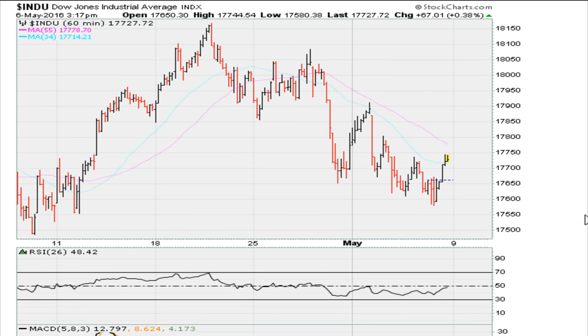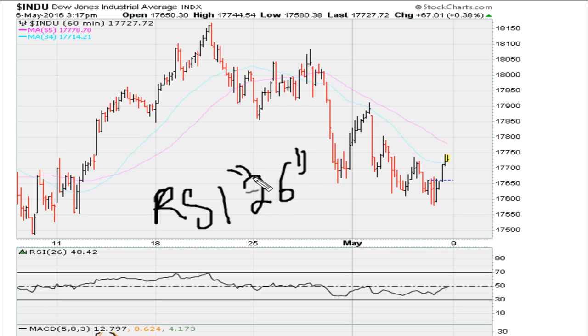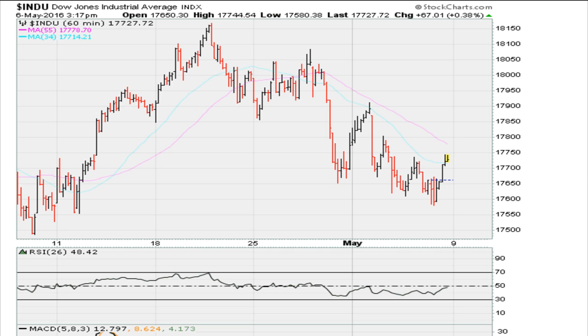If you take a look at a 1 month hourly for the Dow, and here I am using RSI setting of 26 on my hourly chart. So RSI setting of 26, you can see that over the last couple of days, here on the hourly, markets were making lower lows in price, but the RSI was showing an improvement, and that positive divergence might be the reason why the market is having a slight bounce as of Friday.